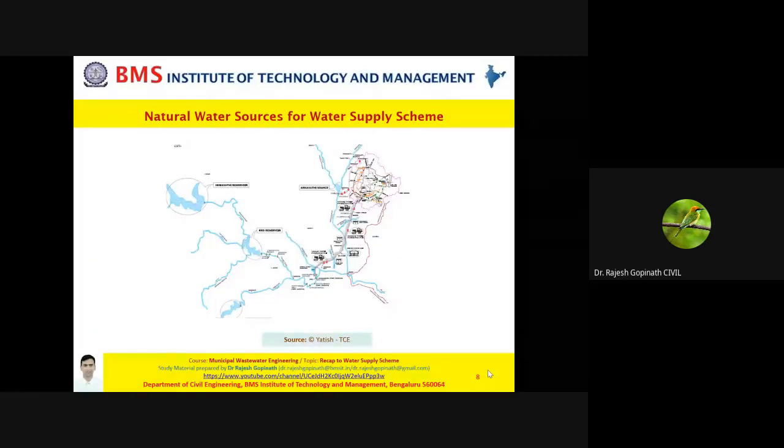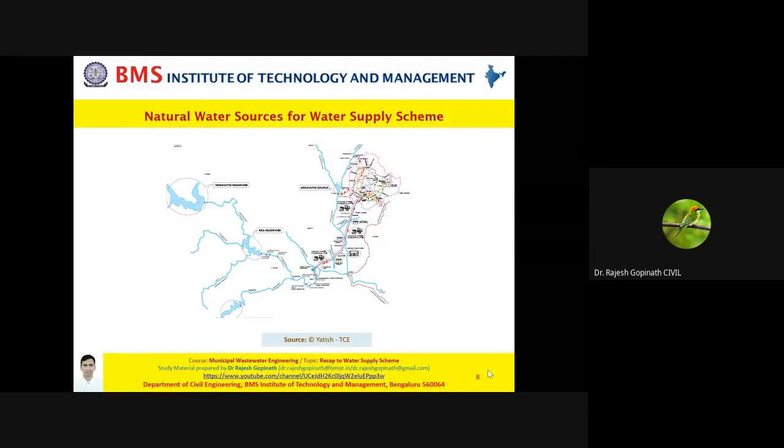Now, as you're aware, for a water supply scheme, the basic source is water. Now, the source of water can be a surface or subsurface source. If you're talking about a surface source, it can be a river or a lake. So basically, you're talking about fresh water. You are very well aware that we cannot go for sea or ocean, which are marine ecosystems, because of salinity content, and they would require additionally sufficient demineralization process.